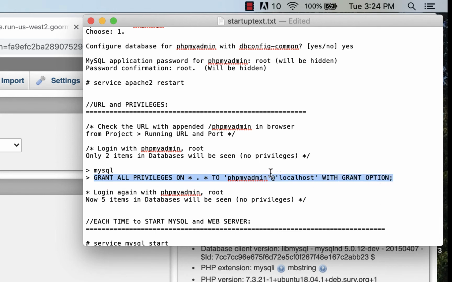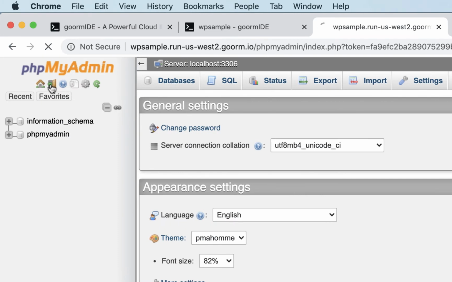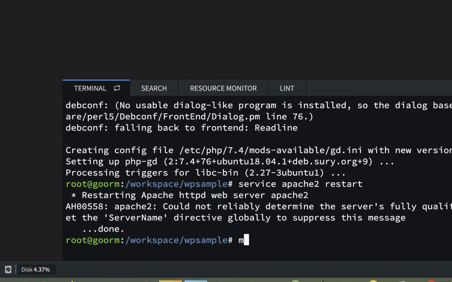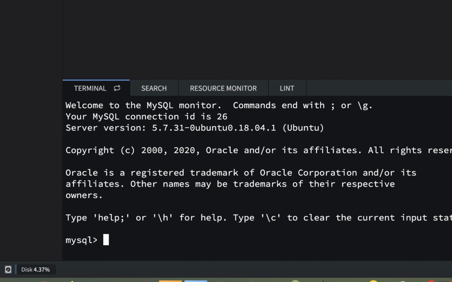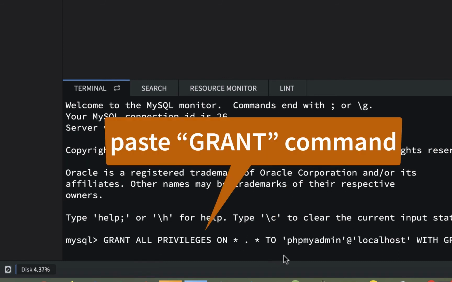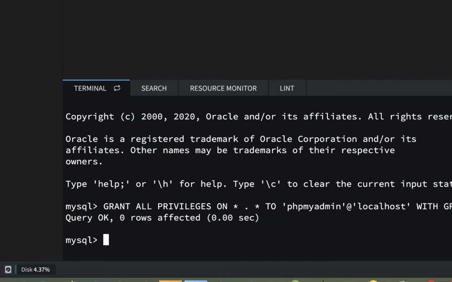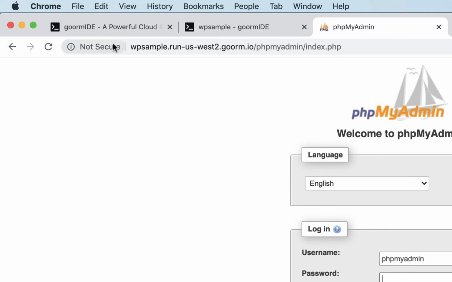So I'm going to put this in here right now. This will grant all the privileges. So I'm just going to copy that line, and I'm going to log out of here, and I'm going to go into MySQL, because remember, we have to do this line through the console. So I'm going to go into MySQL, and that's where I'll do this grant all privileges. And I'll hit enter, and I could stay in my SQL console,